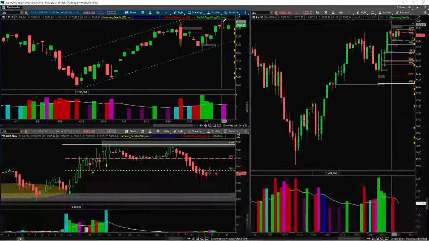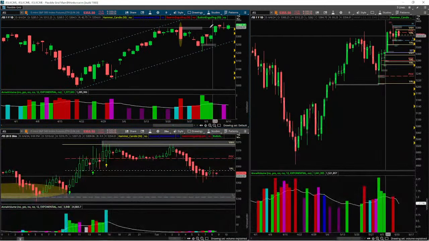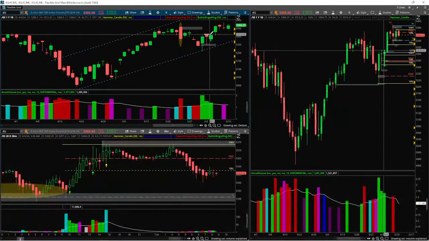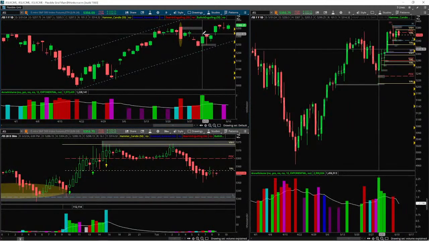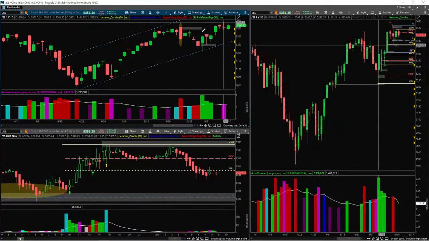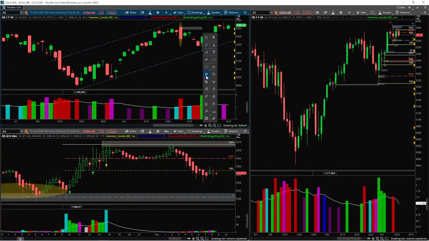But I think, yeah, that would be the best area for price to come down to hold. That's where the buyers were. Buyers defended this area here, and sellers defended this area here. So from